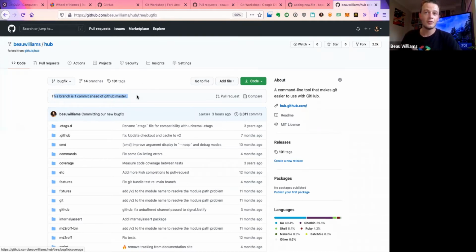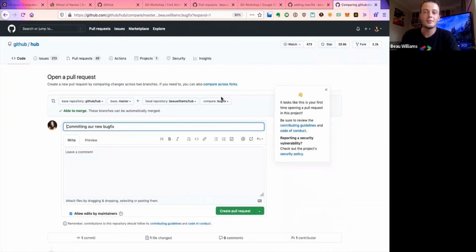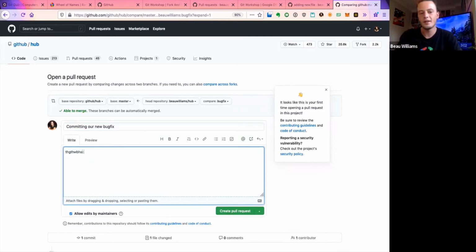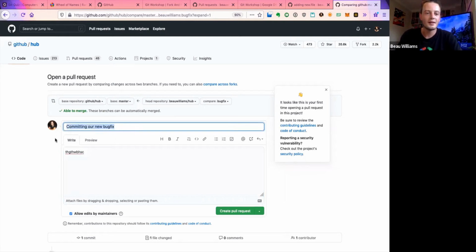Just like I did before with my own merge changes. And if they accept it, fantastic. You're officially an open source developer who's contributed to a real open source project. And so now I can create a pull request here, which I'm not going to, but I can give it a description of what the issue was, and they'll be able to see the code.